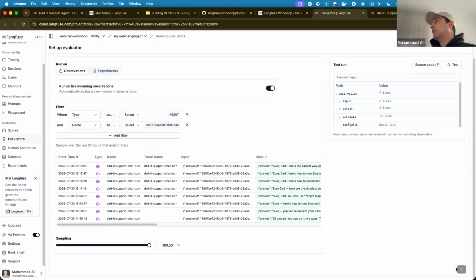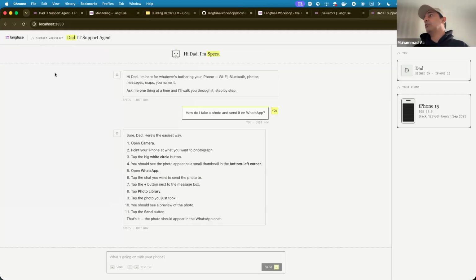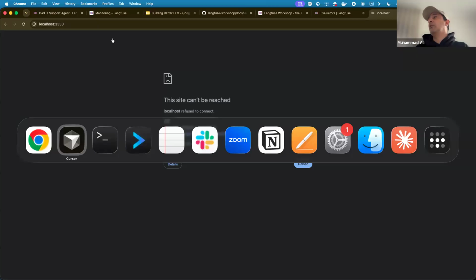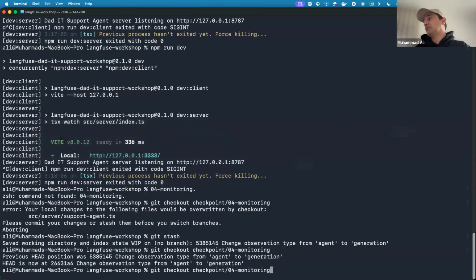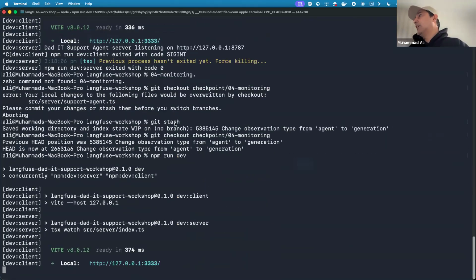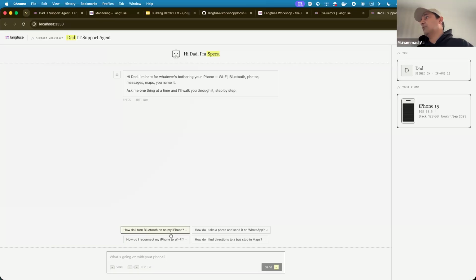So now we have got a code eval and two LLM as a judge configured. When I ask the question now, it will be assessed with these. I don't need to refresh. Of course, I refresh to make sure my application is running. All right, so I ran my application, and then I ask a question which is within the scope.